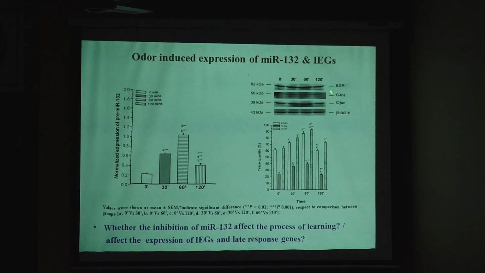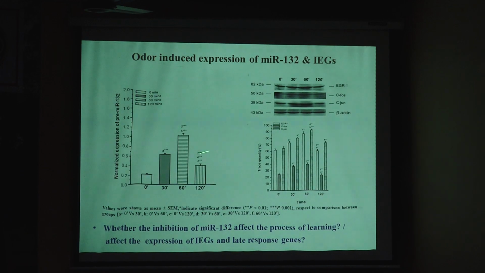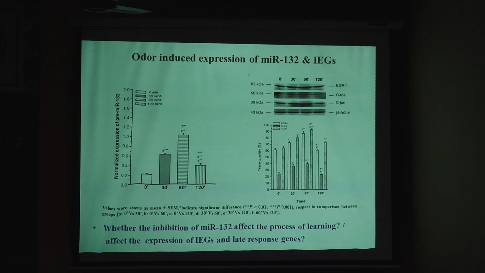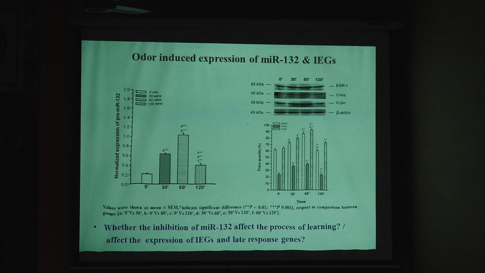And along with the immediate early gene EGR1, other proteins like the immediate early genes c-Fos or CG1 are also mimicking the same pattern. So one way is the immediate early genes and another one is the microRNA. These two are regulated by CREB. Now we know that when we block immediate early genes, there will be a disturbance in a post-synaptic protein. So what is the role of this microRNA? Whether this microRNA can do anything with this olfactory sense?